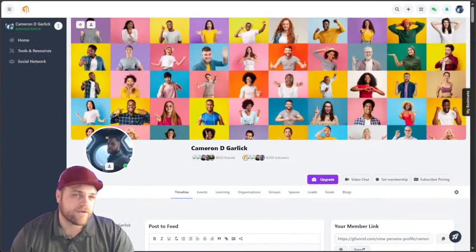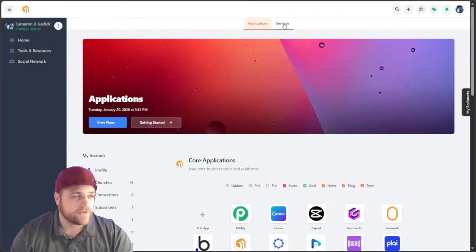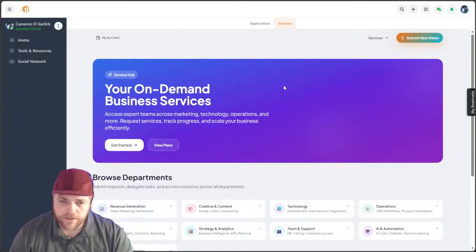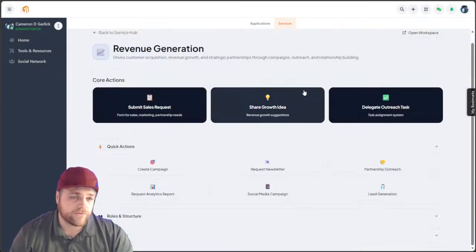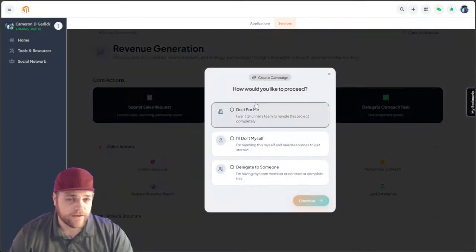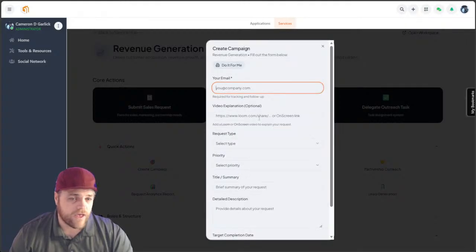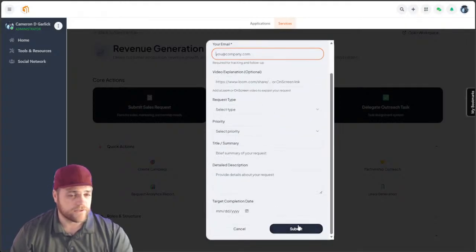Once we're at that piece, then we need to make sure we have access to the right resources to be able to create what these people desire. And that's why that access is very important. So if somebody sends a request, let's just say they're in here, I'm just giving you an example, and they're like, hey, Cam, I'm running an operation. I need to generate new revenue. I need to do a campaign. I want you guys to do it for us. And they fill out this information and they submit it.